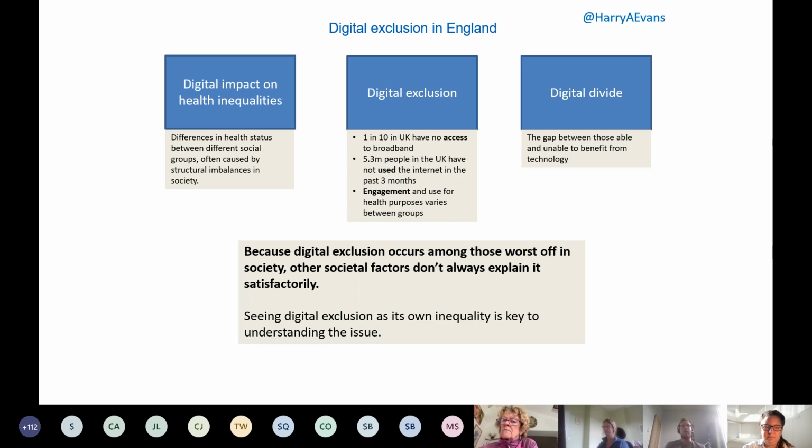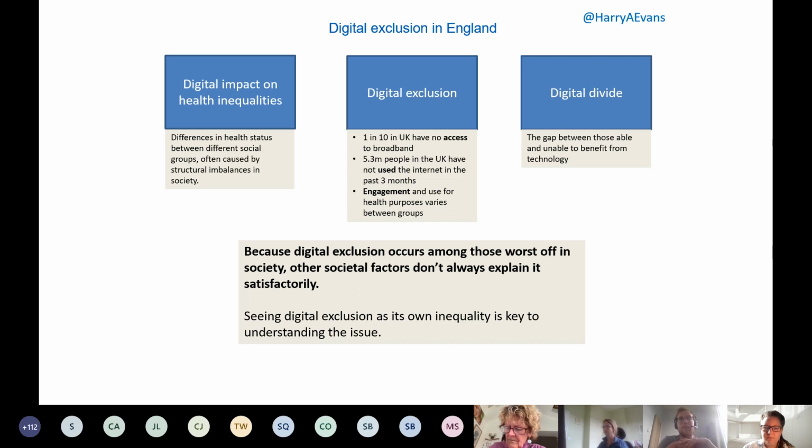So health inequalities, of course, are at the forefront of everyone's mind at the moment during COVID-19. They're often caused by structural imbalances in society. Technology may exacerbate some of those health inequalities. If designed in the right way, it may also support reduction of those health inequalities. And whilst there are many groups who suffer from health inequalities within society, technology doesn't necessarily always overlap